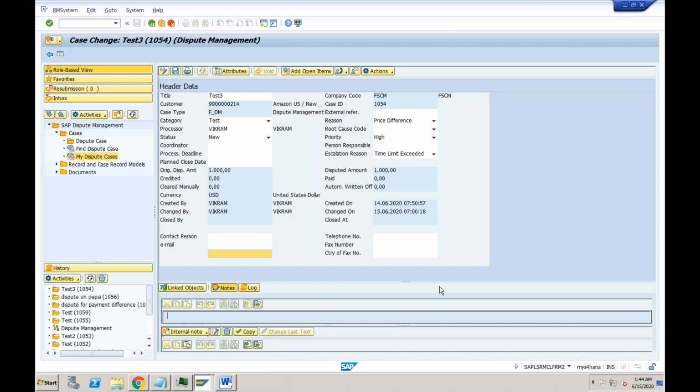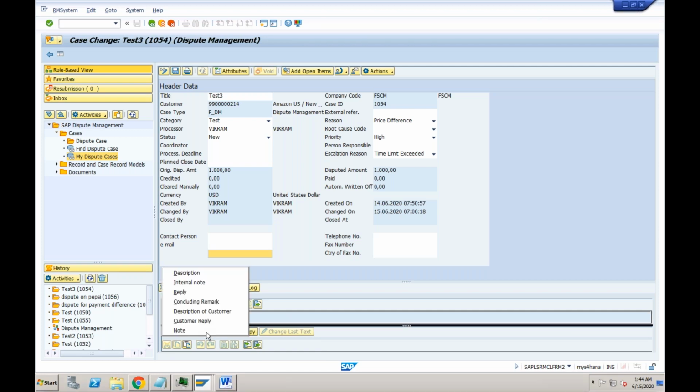Hey Vikram, I'm following you on my system, but I didn't find those options which you showed under the notes icon. Sorry, can you come again? You just need to click on notes and then click on this.